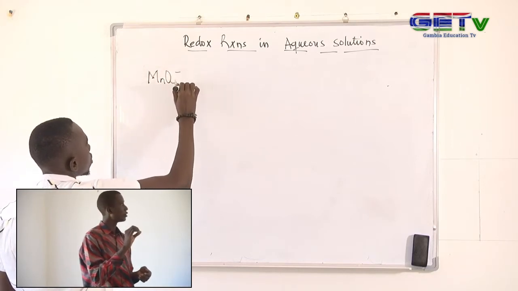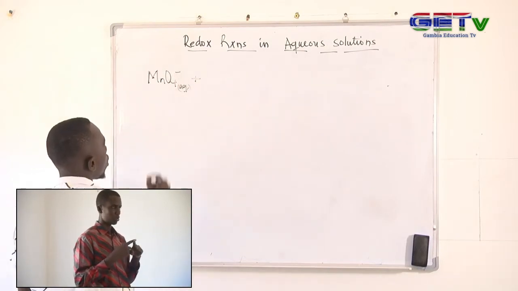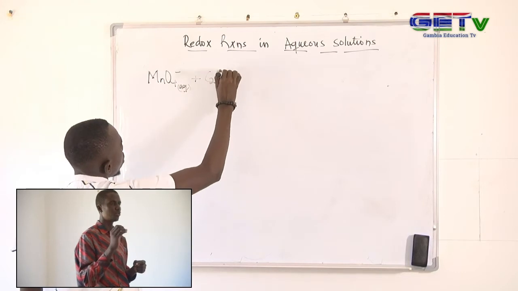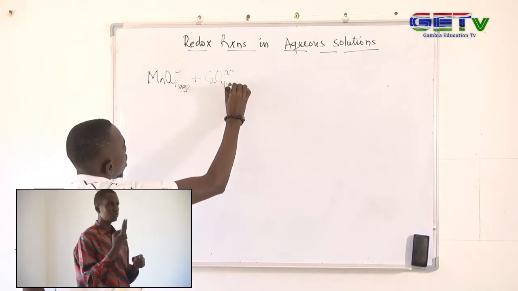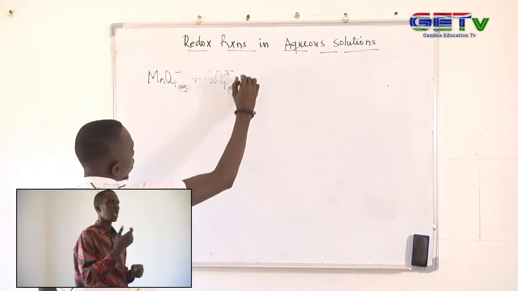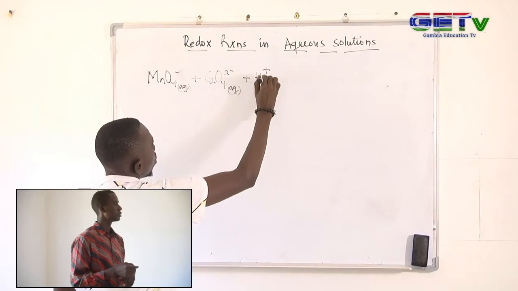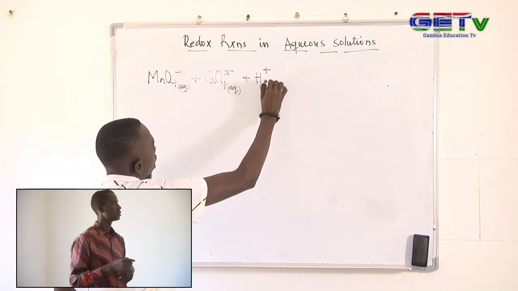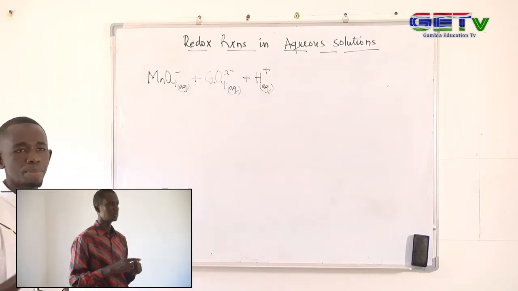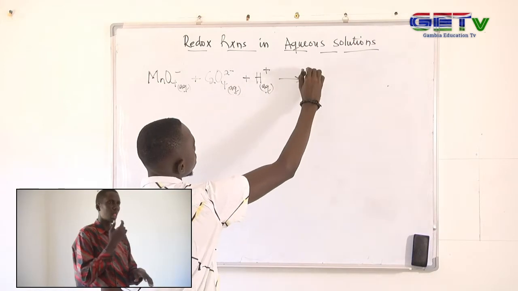MnO4 minus aqueous plus C2O4 2 minus, and this is known as oxalate acid, plus hydrogen ions, which is telling us the reaction is taking place in acidic medium. And then this will produce